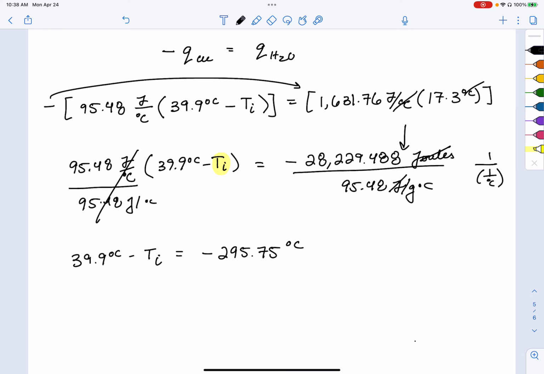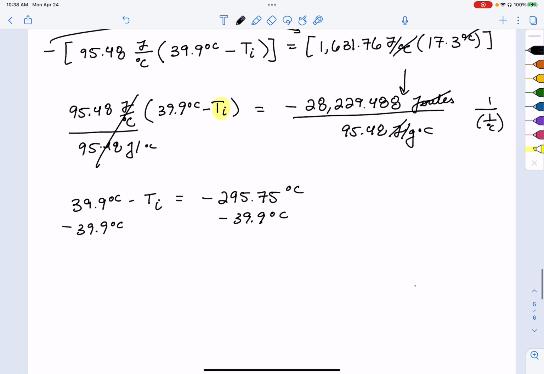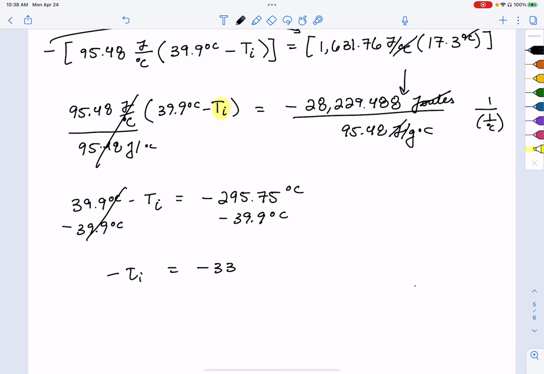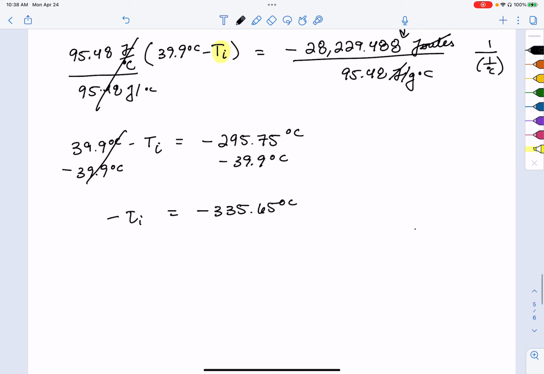All right, subtracting my 39.9 degrees C from both sides. This gives me negative T initial left. So then we've got to add a negative, so this is going to become more negative. This becomes negative 335.65 degrees C. And then just dividing both sides by -1, I get that my initial temperature of my copper